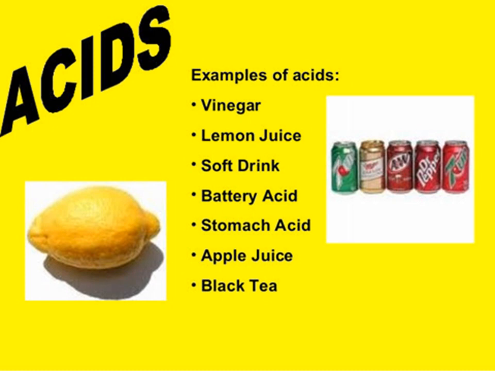Yes, so when we feel like that, we have to add basic substances such as ENO and milk of magnesia. They are present in antacids. We have to apply these things for the neutralization process. Okay. So next is apple juice. We know that apple juice has malic acid. Then black tea. Black tea is also acidic in nature. So here we have seen some examples of acid.